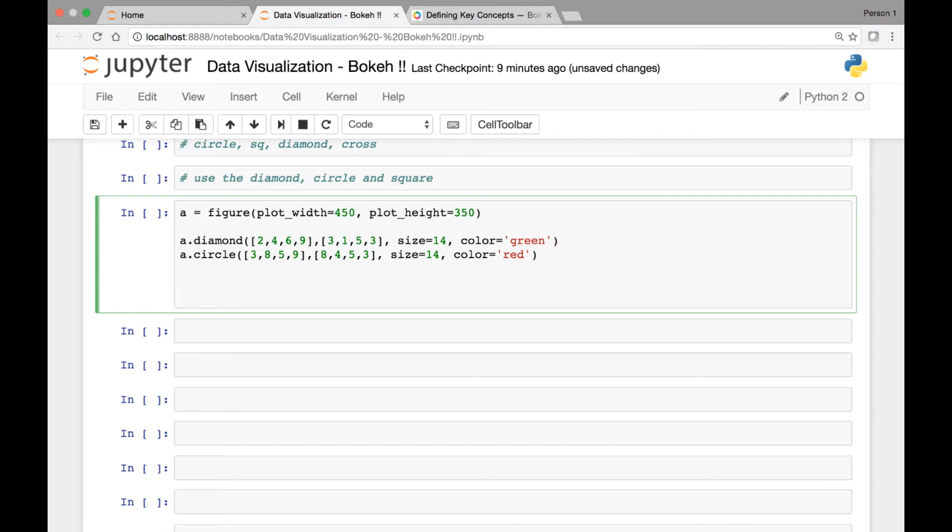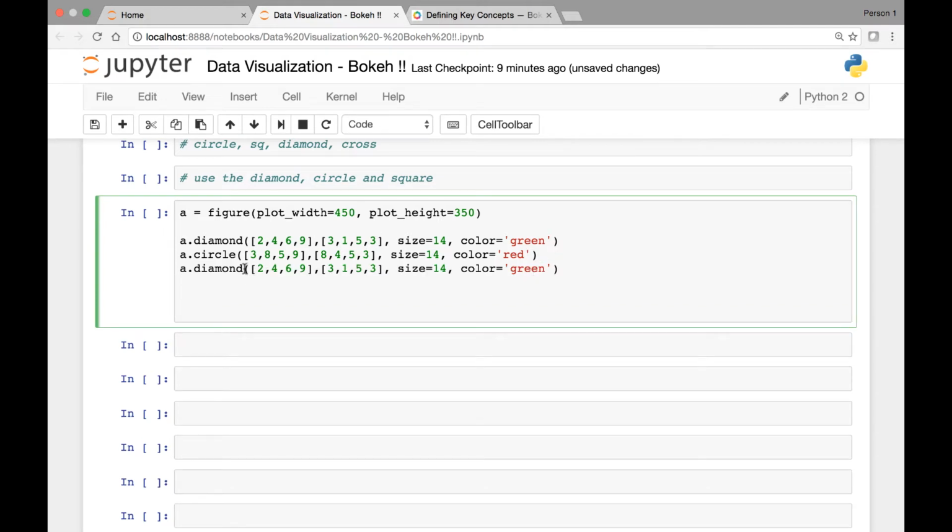And for our third marker, we'll use square. Okay, square, and then change the values here. Let's put 6 and 3 here, and then I'm going to use 2. Let's change the size to 16, and let me make this 12. For our square, we can change the color to